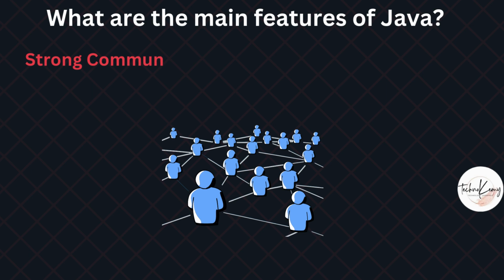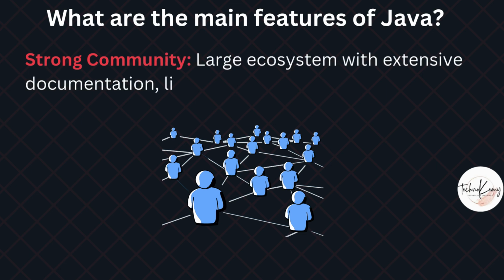And the last one is a strong community. Java has a large and active community, which means extensive documentation, a wealth of libraries, and frameworks such as Spring, Hibernate,